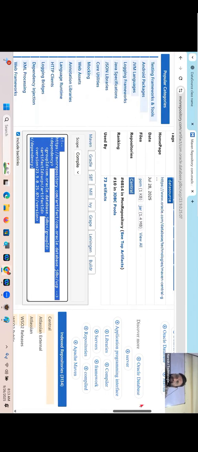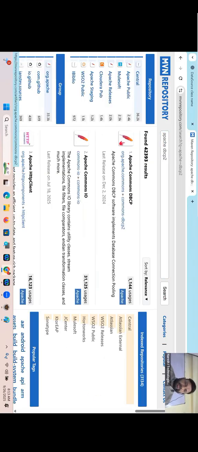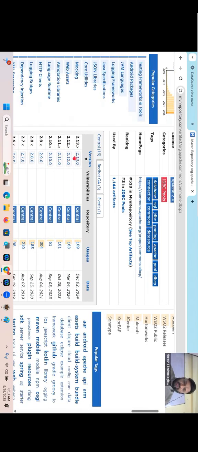Followed by that, what is the other one I have to take, guys? Apache DBCP2. This is another jar we are having. Version 2.13. That's good.